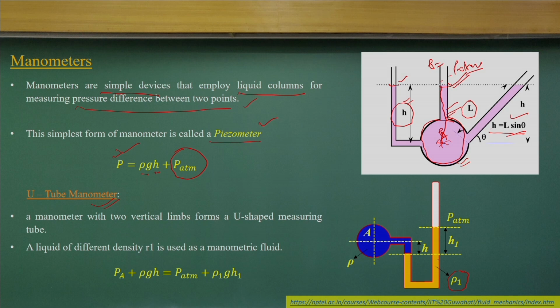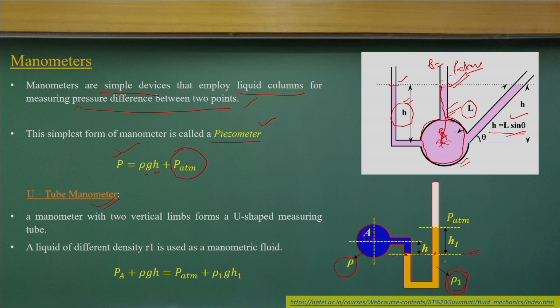We consider it as a U tube, and with this condition, I want to find out what pressure is acting on this surface, which is the pressure PA at the centroid of the pipe. The pipe is carrying a liquid having density rho, and the manometric liquid has density rho 1. If I take this surface, as the fluids are at rest, the pressure at this point and this point should be equal.